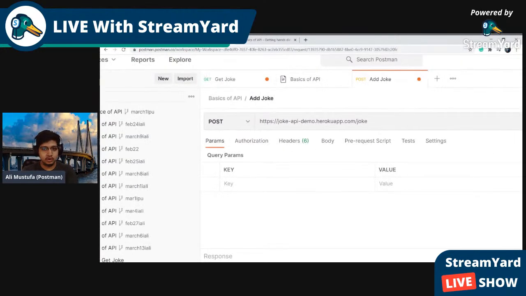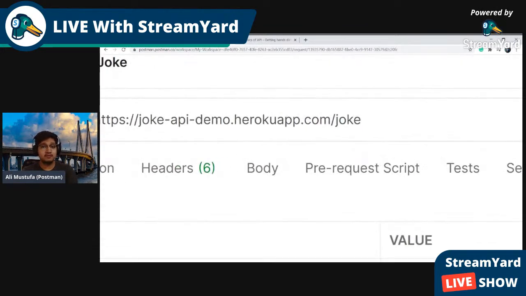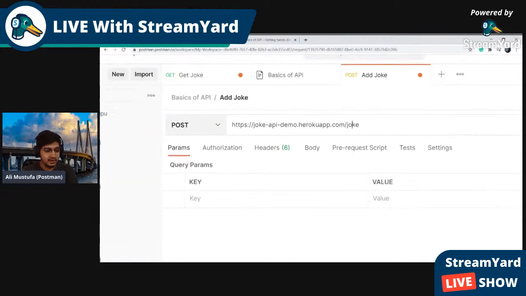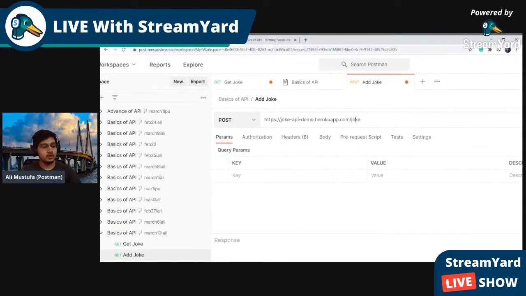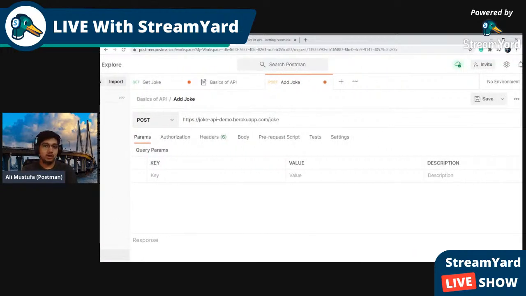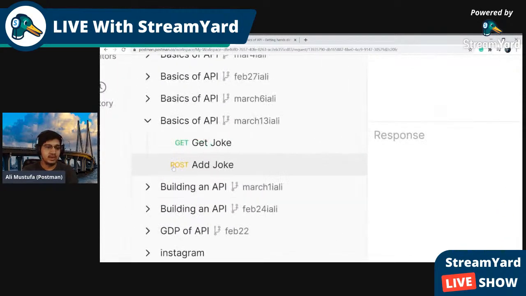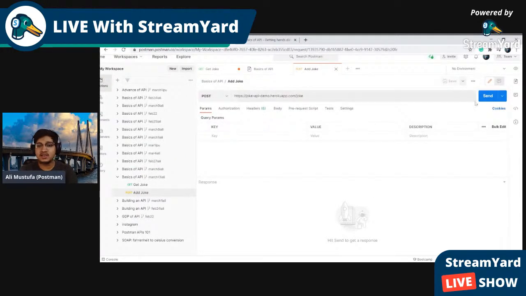Looks good, because the resource path is important. Don't forget the resource path. It is very, very important. Yes, POST method. Thanks, Shivani. Now that we have added it here, click on save before we move forward, and you can see that it will update the icon with a yellow color POST request. Now hit send and tell me what you see in the response. What is the status code you see?